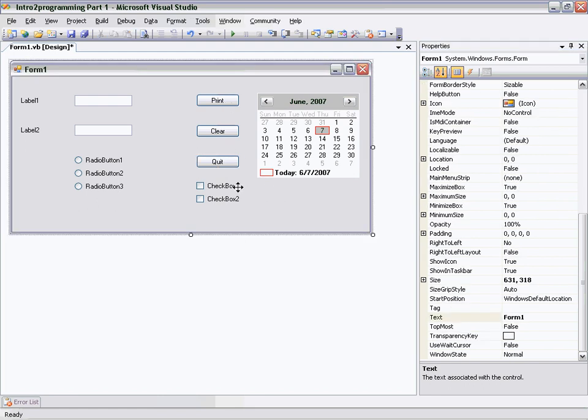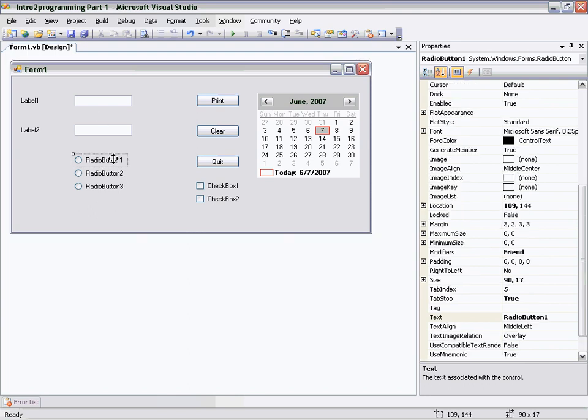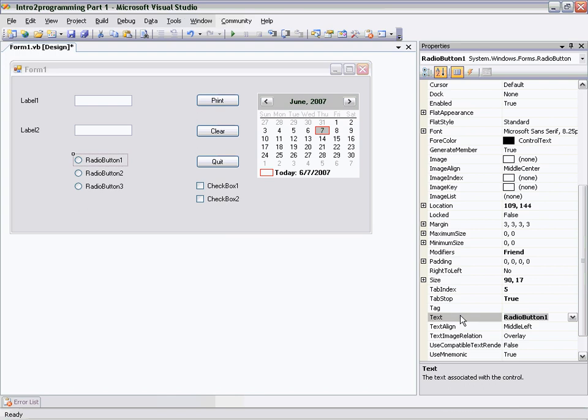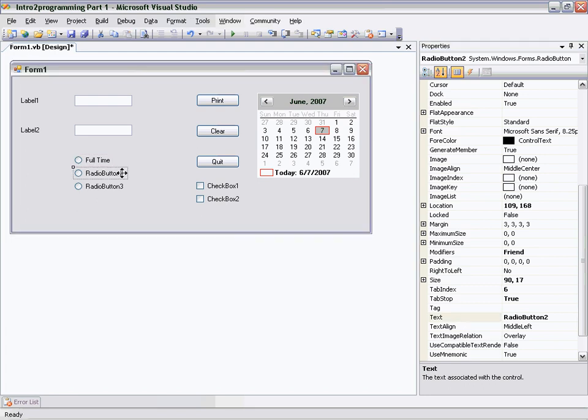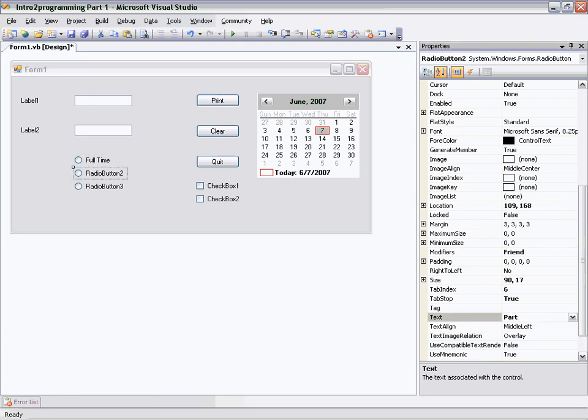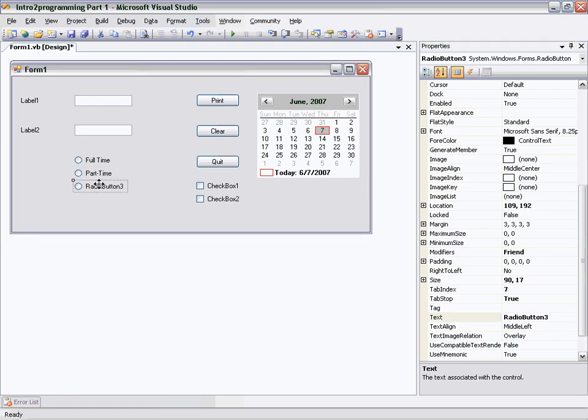All right. Let's go ahead and change our radio button. Now, in this case, we're going to go down here to the text property just like before. I'm going to change this to say full time. This is like if you were a full-time student. We're going to click this one and say part-time, and you notice this time I did not click over there on the text property. I'm just typing because Visual Studio remembers that's the text property he was working on last time. And full-time, part-time, or the other option would be